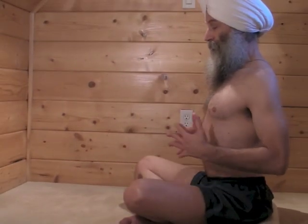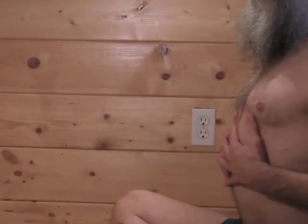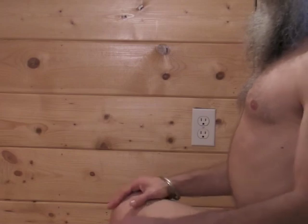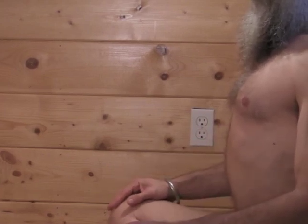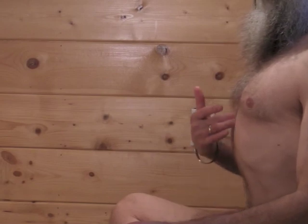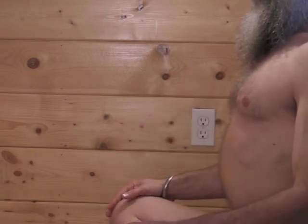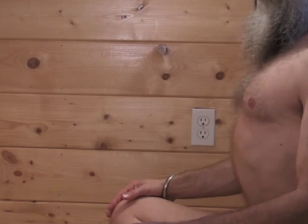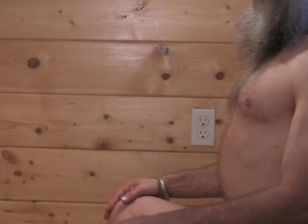Let me show you this from the side. Once again, the inhale opens the dome of the diaphragm. I'm maintaining a small amount of tension in the lower belly to give support to this. Inhale opens. Exhale. This goes in and a bit up. As we learn to breathe deeper and calmer,